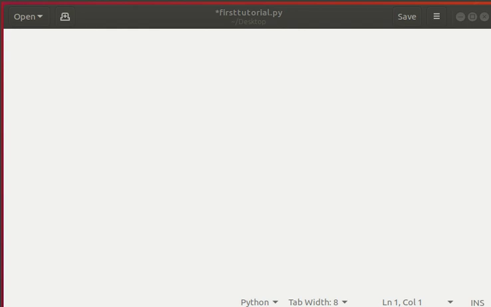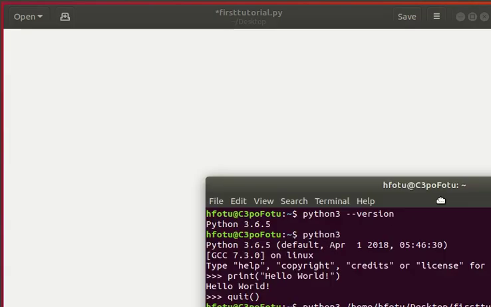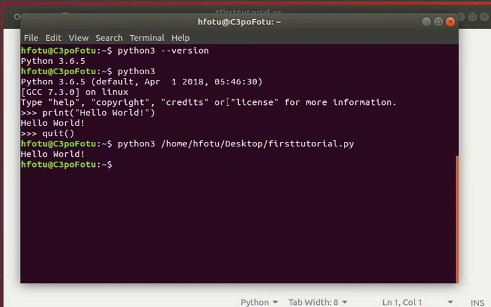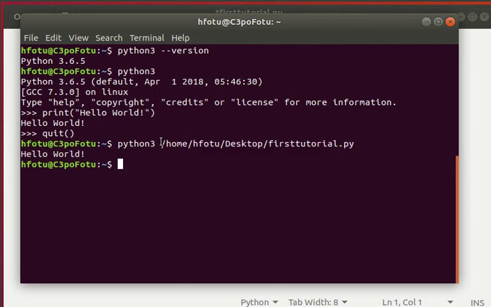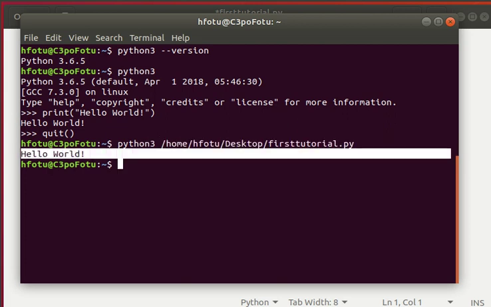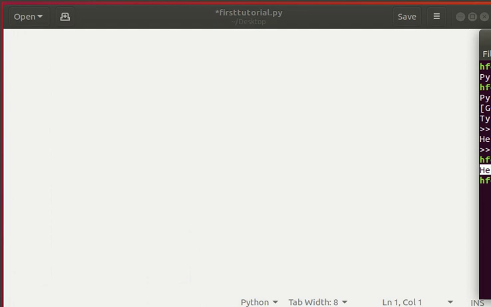Now remember, have your terminal open or your PowerShell opened up for this part, because that's how we're going to run the Python code in the first place. So if you remember from the first clip, we typed in python3 and then we typed in the directory path to that file, and then we hit enter. That's how we got our code running in the first place. So we're going to be using the text editor most of the time to be writing our code here. So let's get started